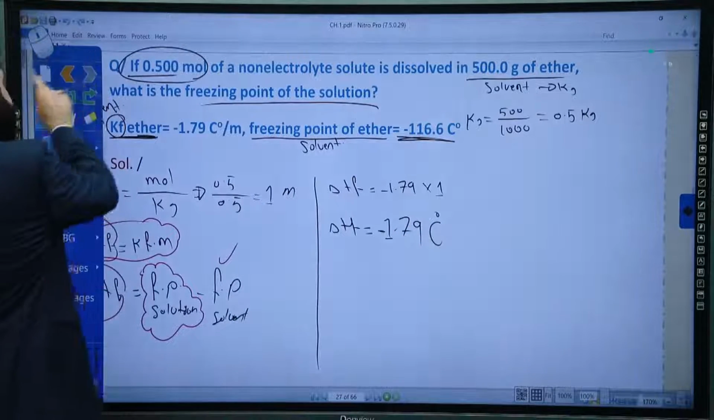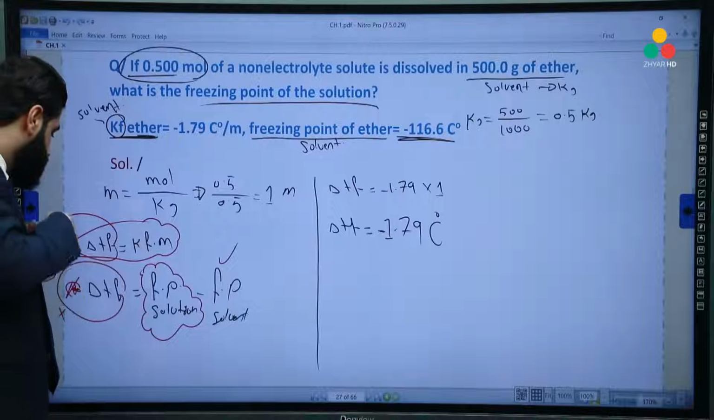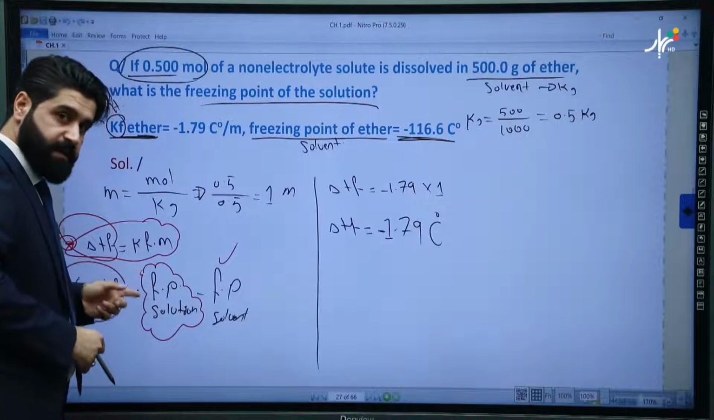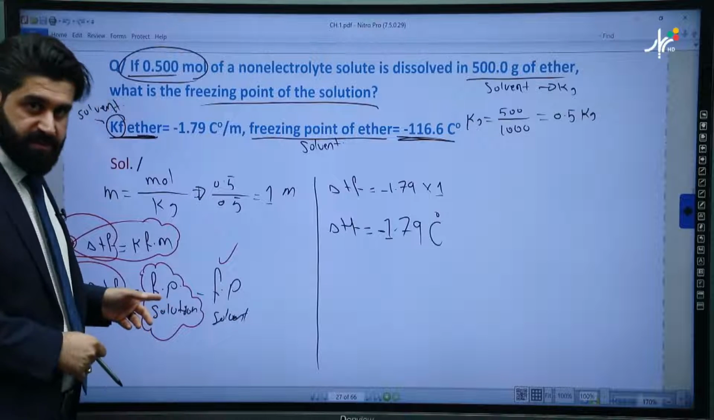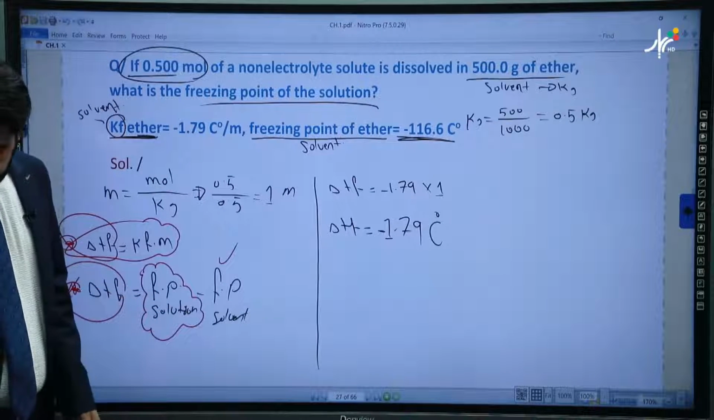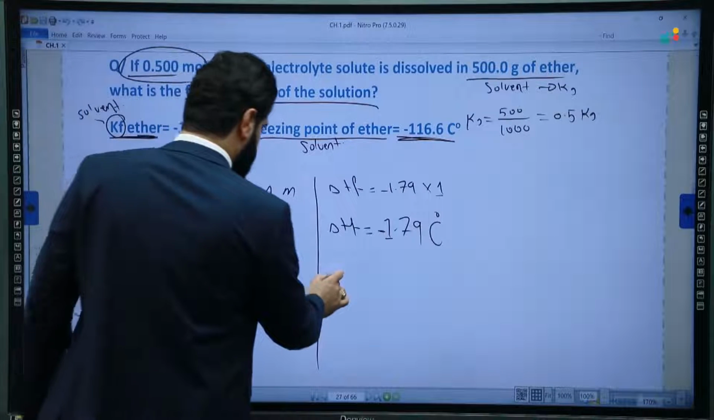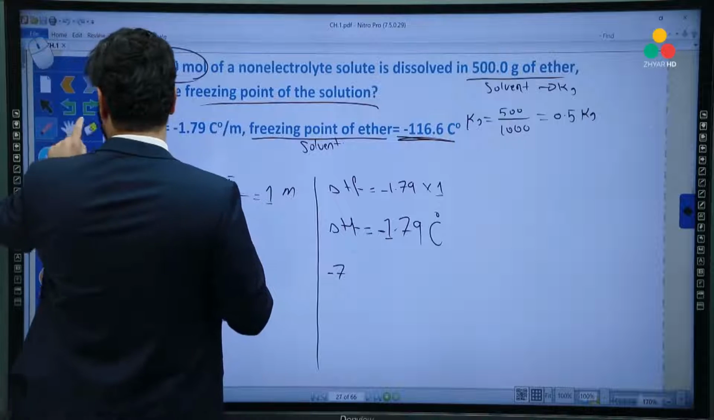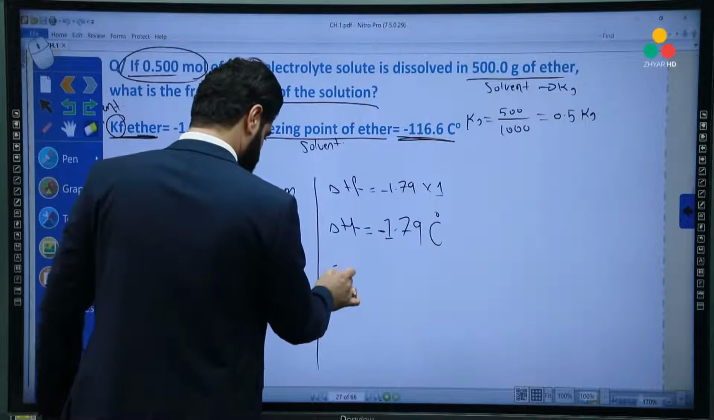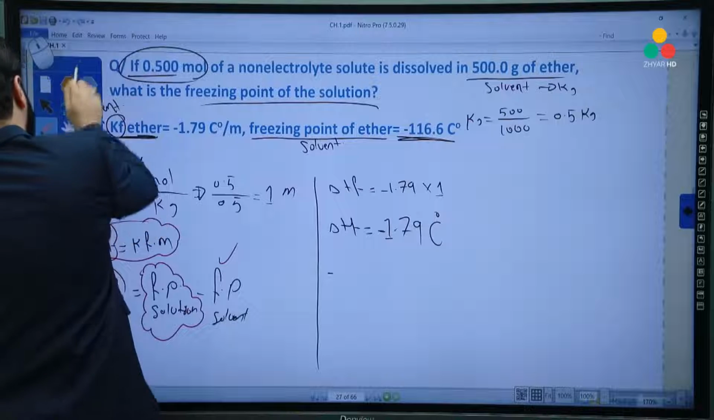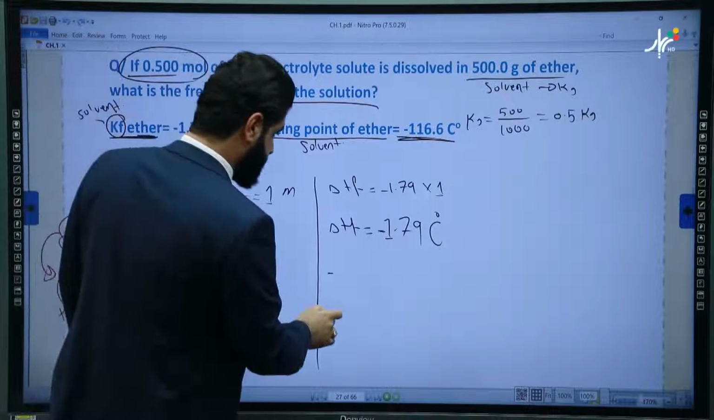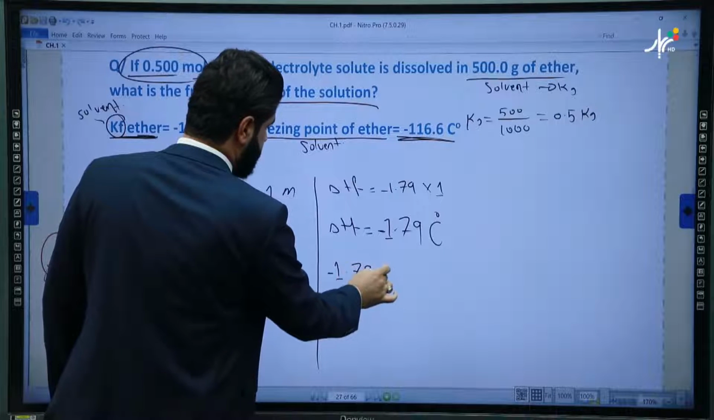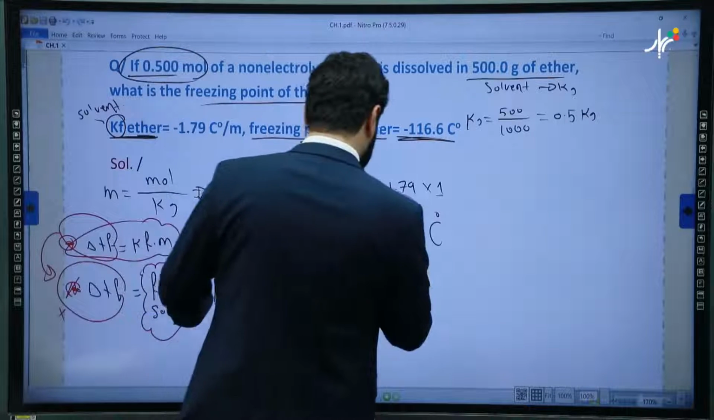And now, if we introduce the value of delta TF here, we can get the middle member's value. So, let's substitute here. Negative 1.79. Again, I have to delete. I don't know why, I always start with 7. Maybe it's my lucky number. Negative 1.79 equals the freezing point of solution